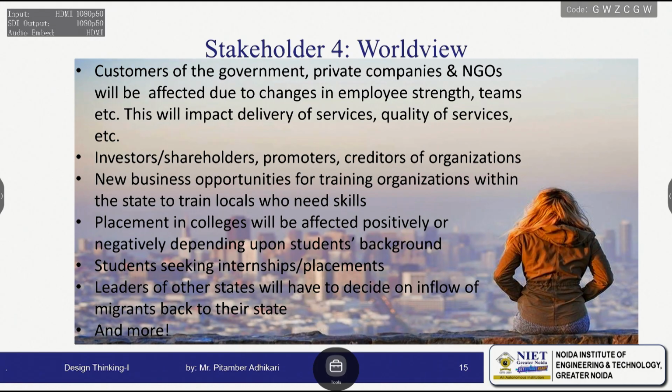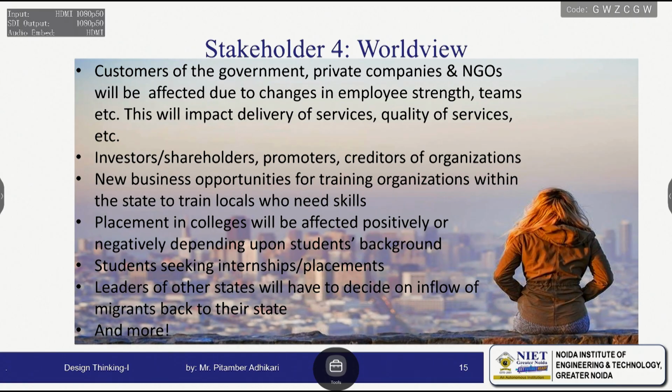So customers of these companies will be affected because of the change in the employment strength. Whenever there is a change in the employment strength, that will directly impact the quality of the service, or we can say the delivery of the service is also going to be impacted. So the customers of all these companies will be affected,